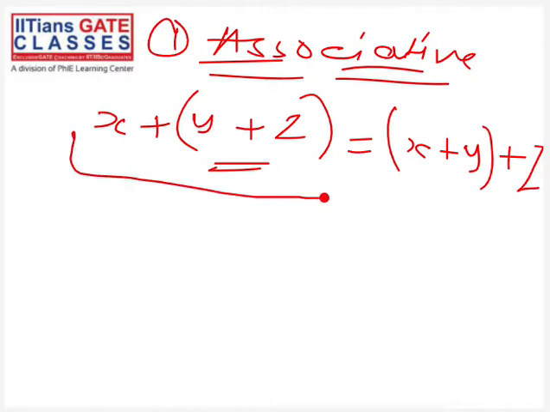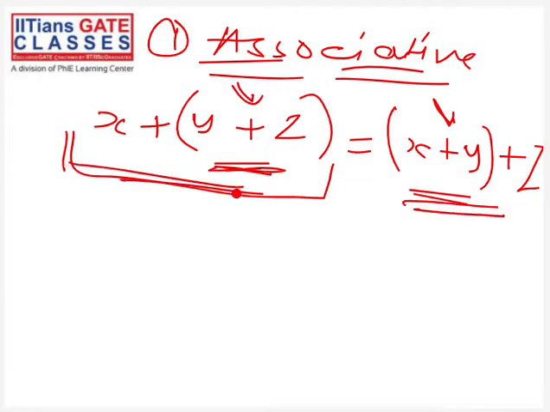You can see what I am doing here: I am first computing this second plus. But here, I am computing the first plus first, then this second plus. Similarly, here the second plus I am computing first and then the first plus. So the associative property says that if this is equal to this, then we say that this plus operation is associative. You already know that in mathematics this addition operation is associative.